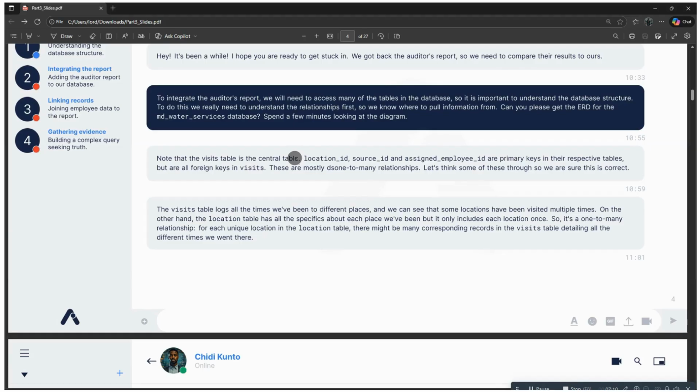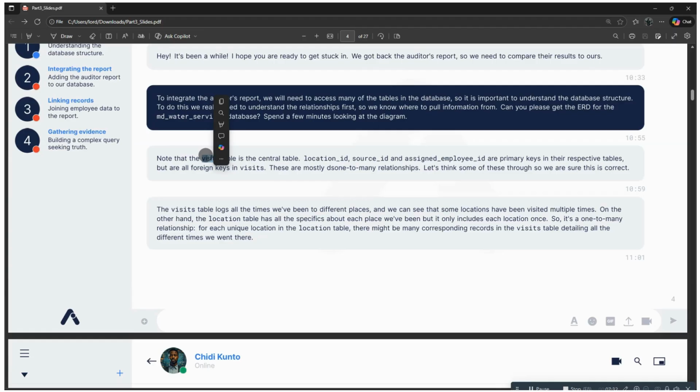So we have the center and then we have the edges that protrude outside. When you talk about a star schema, we have a central table. So in this case, when we say visits is the central table, the visits table sits at the center of the star schema, and then the edges are the tables that link or interconnect or have relationships with